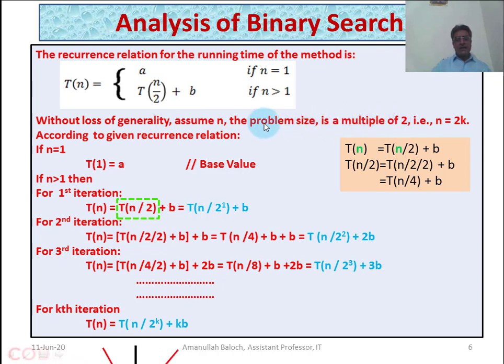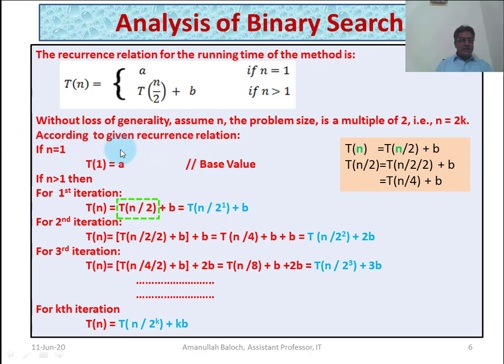We assume that there are one element, there may be 2 elements, or 4 elements or 8 elements, which can be written as a power of 2. 8 can be written as 2 to the power 3. There are 16 elements or 32 elements. 32 can be written as a power of 2, that is 32 is equal to 2 to the power 5. 64 is equal to 2 to the power 6. So we assume that there are 1 element, 2 elements, 4, 8, 16, 32, 64 or 128 elements in our array, which can be written as a power of 2.